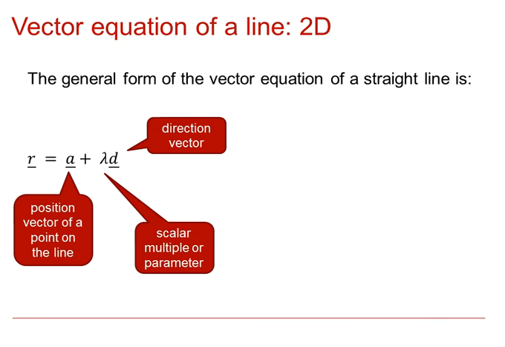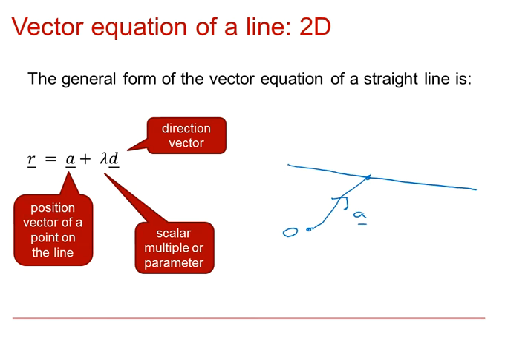The general form of a vector equation of a straight line is r equals a, which is the position vector of a point on the line, plus lambda, a scalar multiple or parameter, d, where d is the direction vector. If we do a sketch, what we're thinking about is that from the origin, we jump onto the line using vector a,